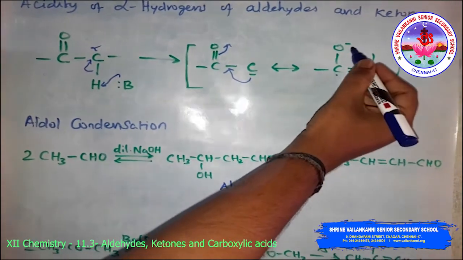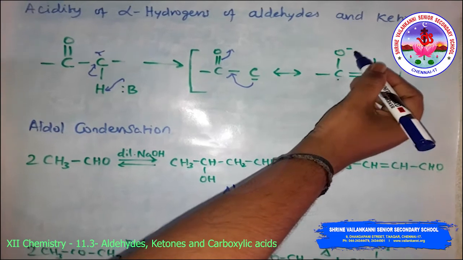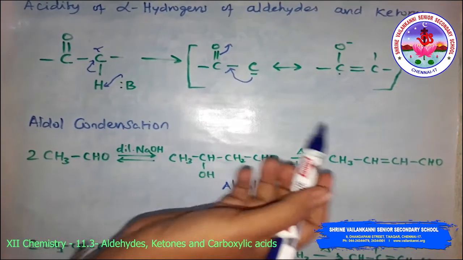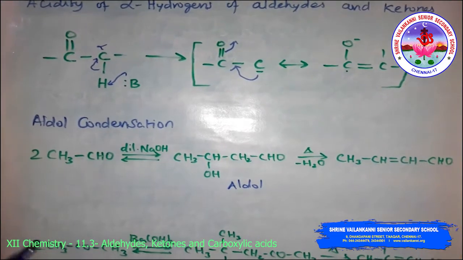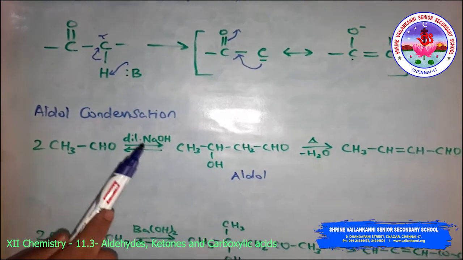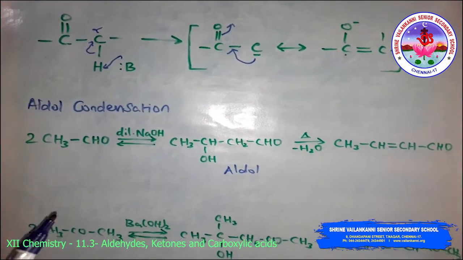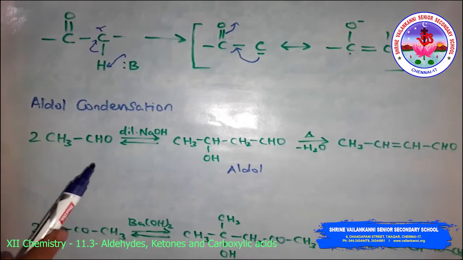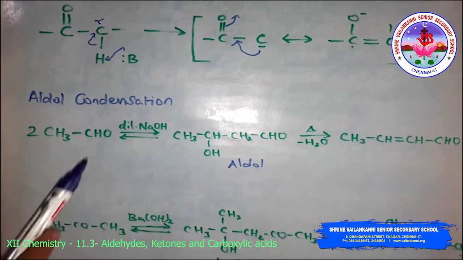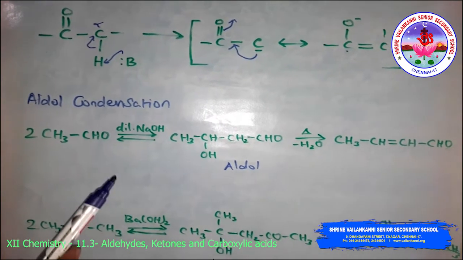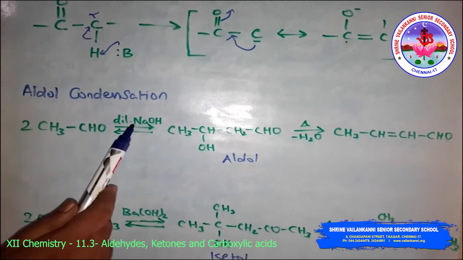So again this will be the same position we follow, so that it has a resonance structure. The next is the aldol condensation reaction. Aldehydes and ketones having at least one alpha hydrogen undergo a reaction in the presence of dilute alkali as catalyst